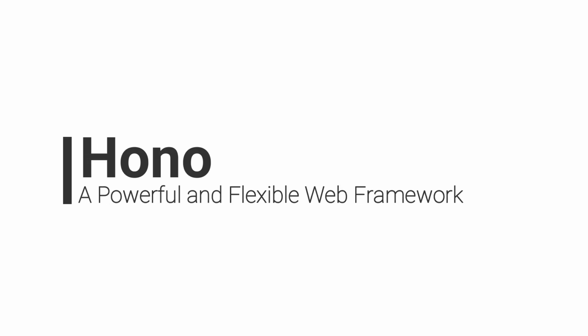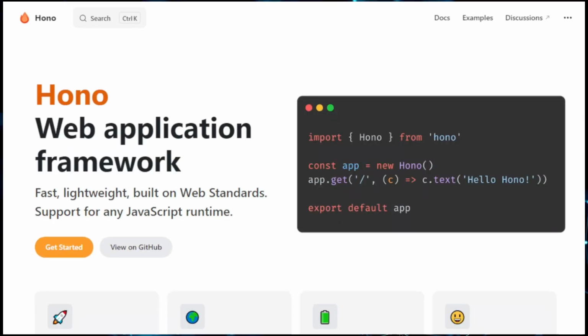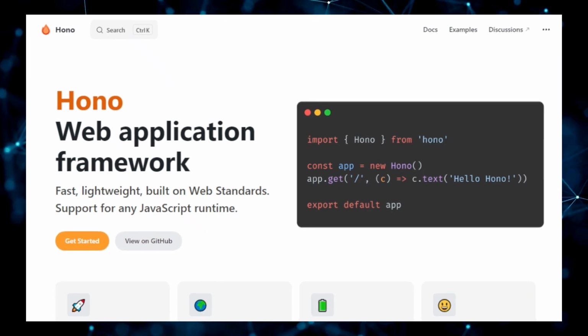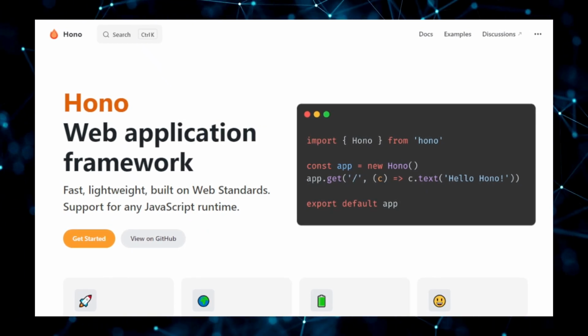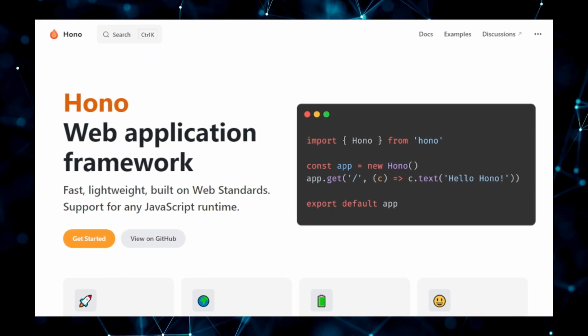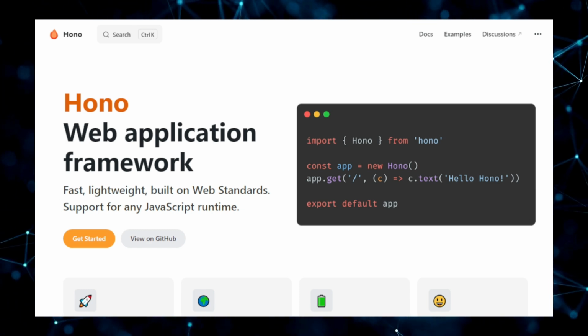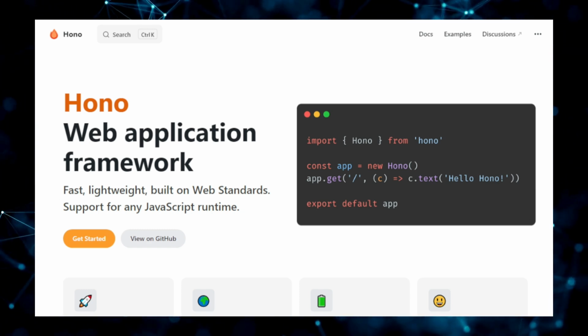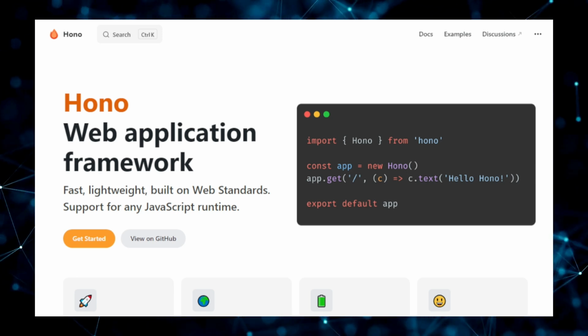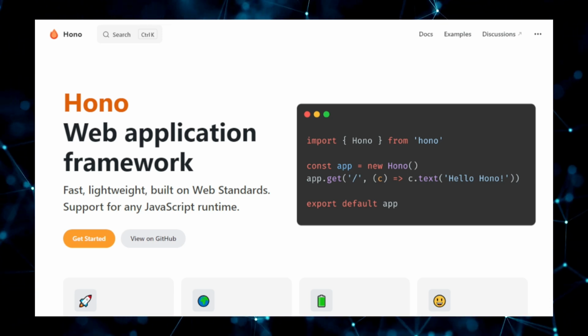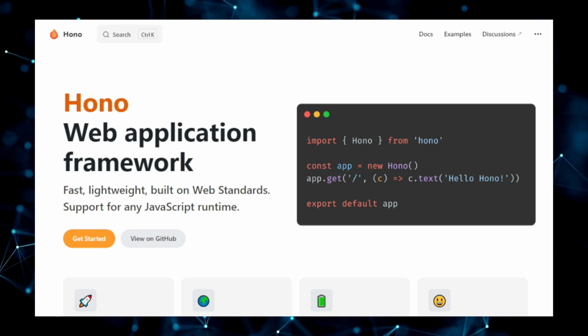development process. Project number 1. Hono, a powerful and flexible web framework. Hono is an impressive and lightweight web framework that allows developers to build modern and efficient web applications with ease. It's designed to be simple enough for beginners while providing enough flexibility and performance for seasoned developers working on high-traffic apps. One of the core strengths of Hono is its routing system, which makes it easy to map different URLs